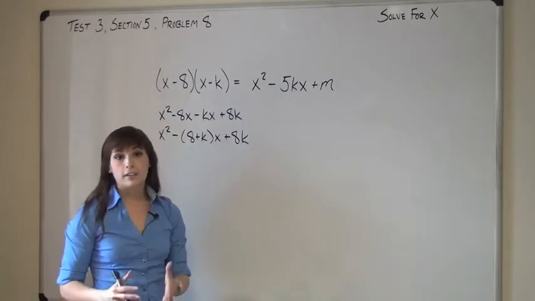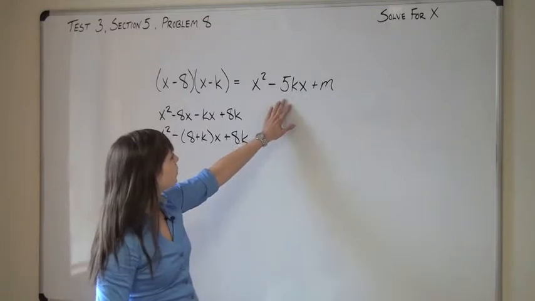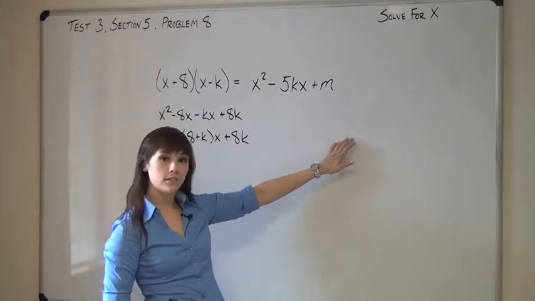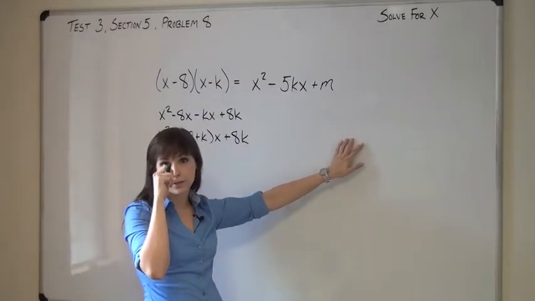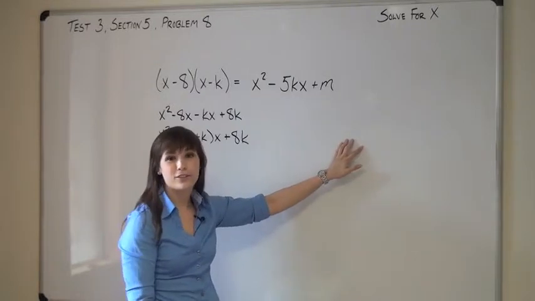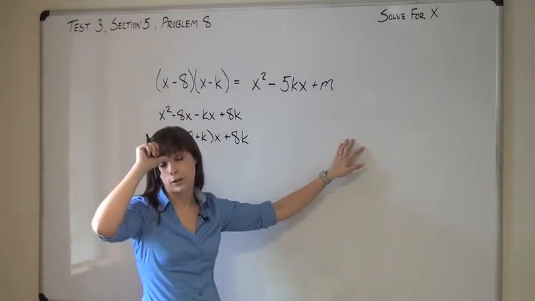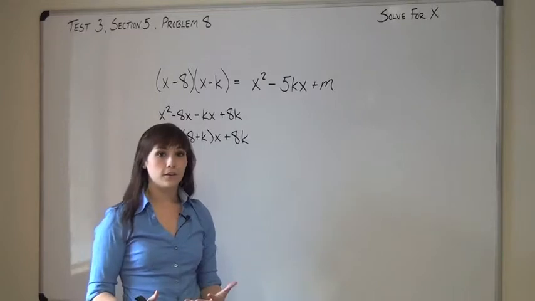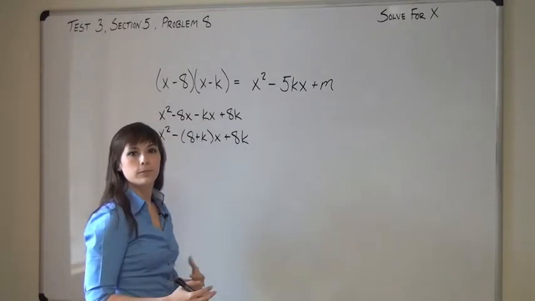Now something that's not going to work for this problem is to just drop this down and set the two equations equal to each other and hope that you're going to be able to solve for m. We'll have one equation and three variables. It's just not going to work. So you're going to have to think of something else, a different way to look at this problem, something a